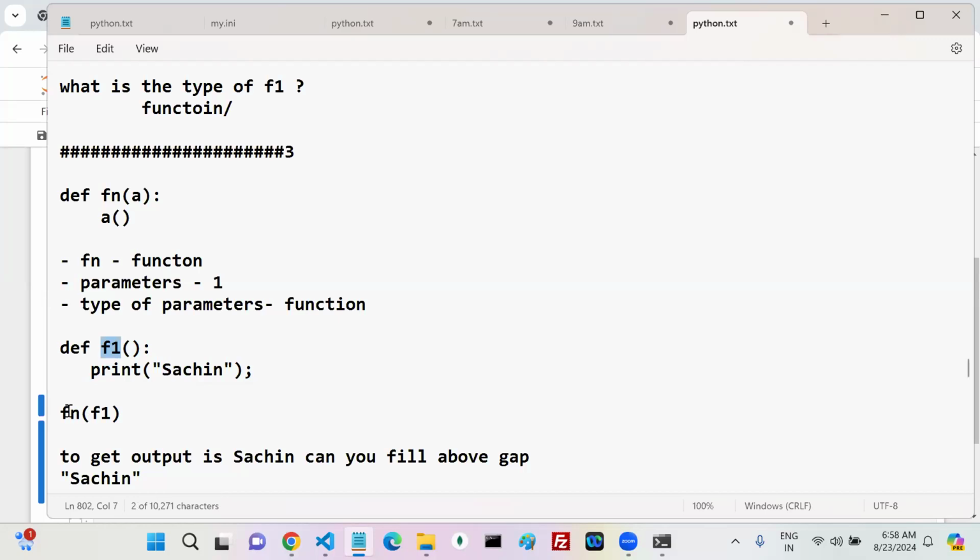Okay, now see one by one. You are calling fn, which is nothing but you are calling this one. You passed one parameter, so that parameter is held by a. So a is what? A is f1. Wherever a is there, that is f1 only, or not? Now, how does this statement look? You are calling f1. Whenever you call f1, what is my value? Sachin. So my output is Sachin only, or not? Yes or no? Agreed?